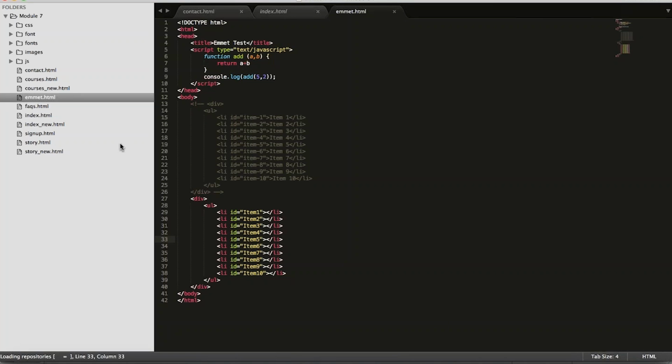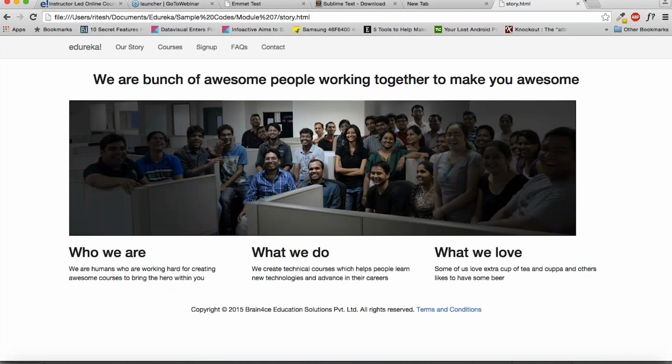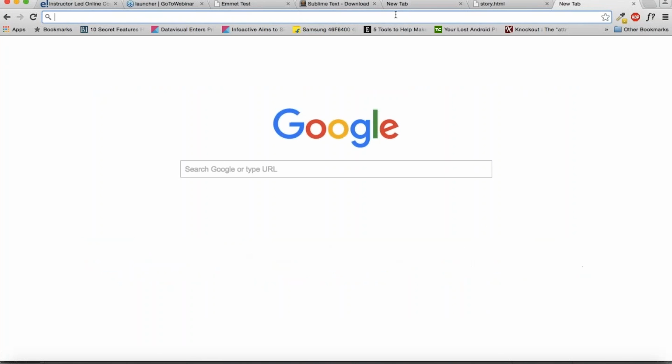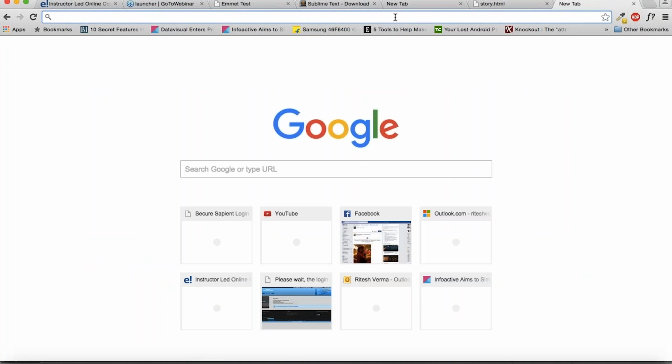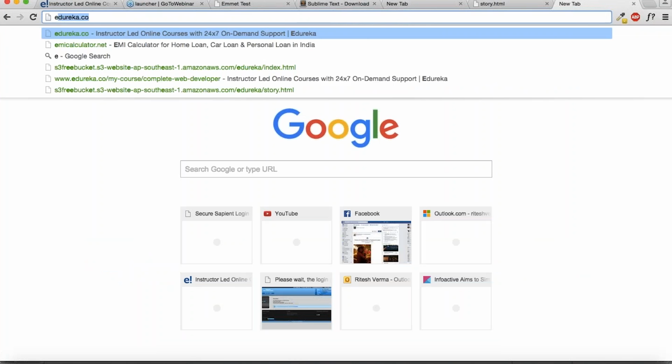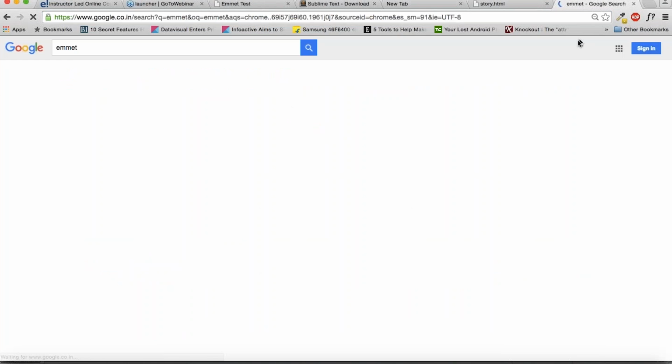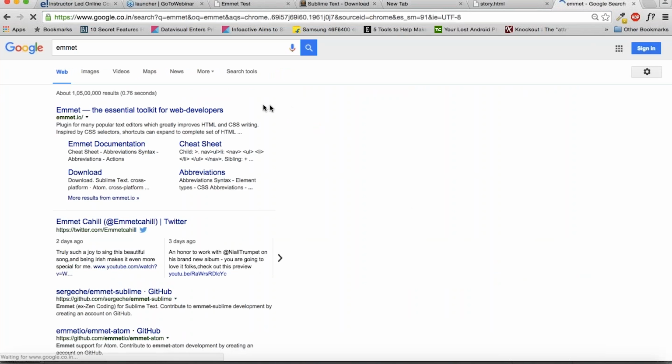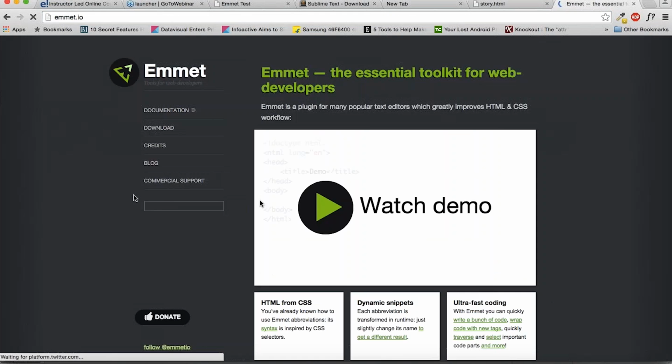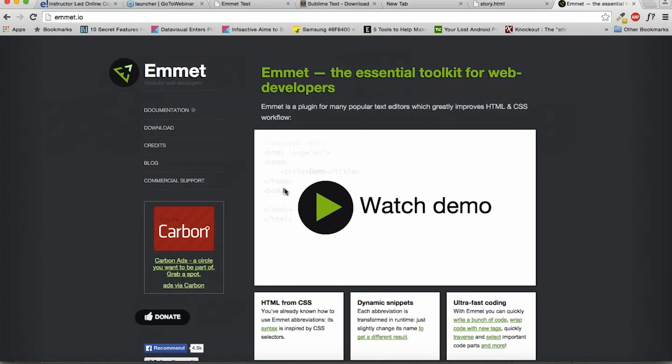Emmet is, let me just show you the website of Emmet as well. So this is the plugin which I have used to do that shortcut.